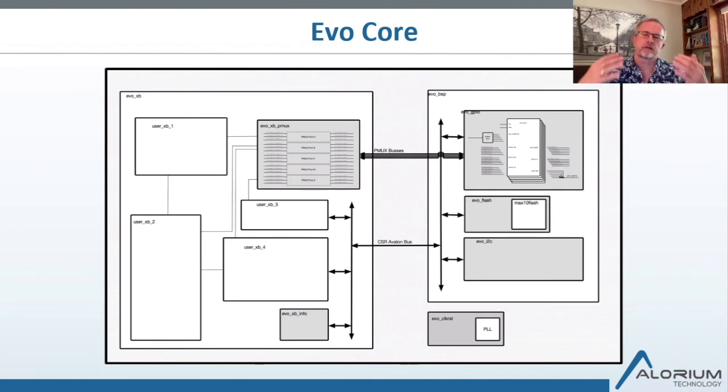So going up to the top level again, or the core level, and a little bit more detail of our block diagram this time, we can see that the gray boxes are the blocks that are provided by Alorium as part of the BSP or associated logic. The white blocks, for instance, these user XB blocks, are just example implementations that might be implemented by somebody in a design. So in the Evo BSP, we have our GPIO block with 5 instantiations of the